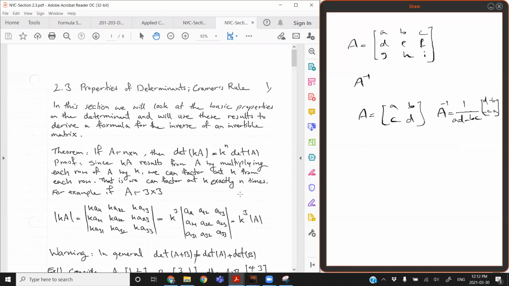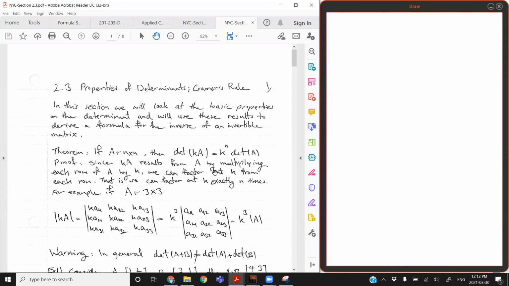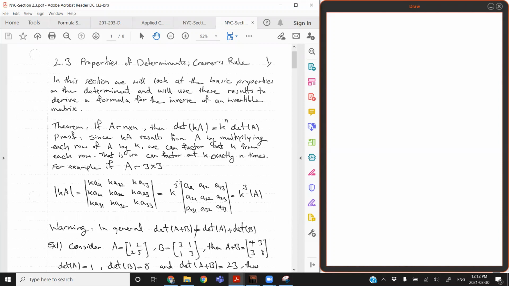We don't have a formula for A inverse for a 3 by 3, 4 by 4, 5 by 5. So that's the most important thing we're going to do in this section. We're going to develop a formula for the inverse of any square matrix, as long as the inverse exists. So that's the goal. Let's look at these theorems, because we need all of them in order to reach that goal. If A is n by n, then determinant of kA is k to the power of n